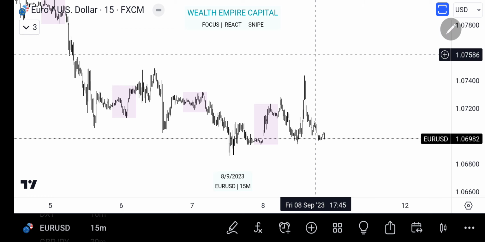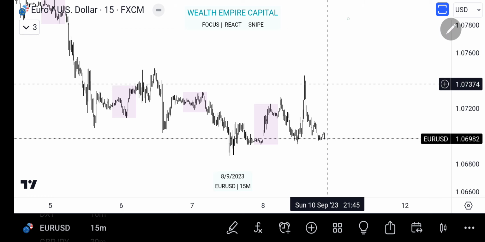In as much as the intraday story is still bearish, there is something beautiful happening, and that is to say momentum has rather switched bullish. What am I trying to say? In here we have this high which created this one, we have this one which created this one, and we have broken this. So this break of structure that happened over here is just an internal structural break, signifying momentum. So momentum has turned bullish,